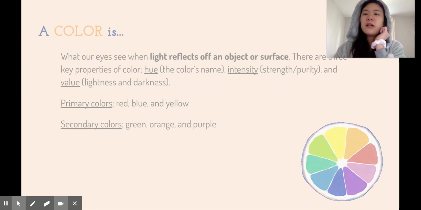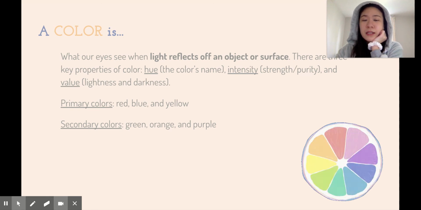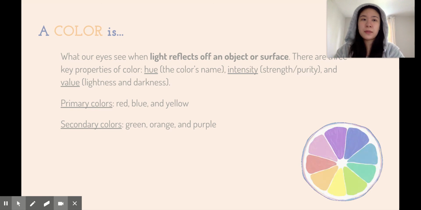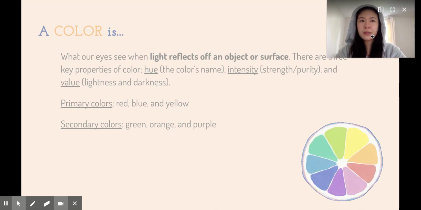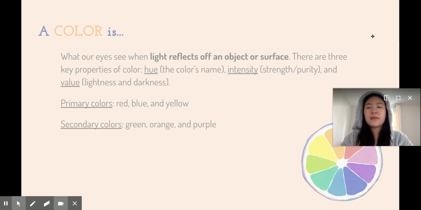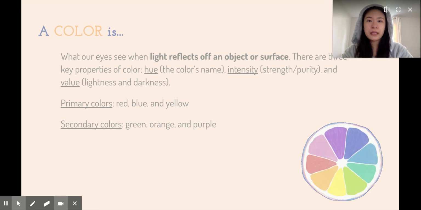So our second element is color. So color is what our eyes see when light reflects off an object or surface. When light reflects off of something, our brain and our eyes will process it to see a color. It's kind of weird to think about, but it's also really cool. So there are three key properties of color. It's not as simple as you might think. So there's hue, which is the color's name, intensity, which is a color's strength or purity, and value, which is a color's lightness and darkness. And I'll go over that in just a little bit. But before that,